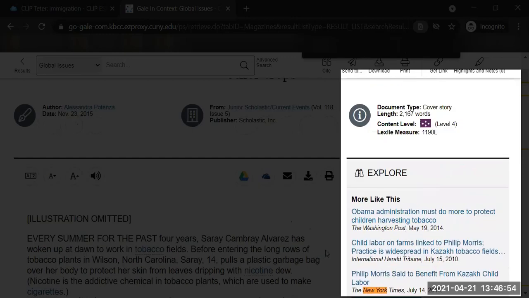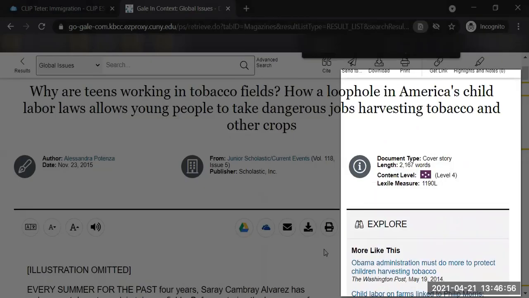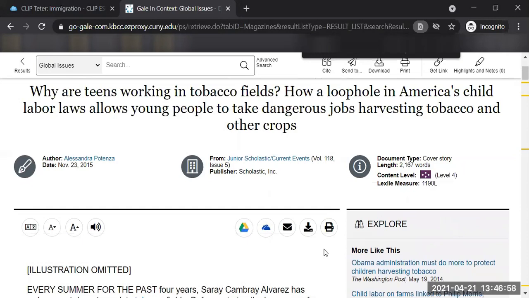I also want to bring your attention to a couple of things on this website. The first, for CLIP students, this is really friendly to CLIP students. If you click on this loudspeaker, you can open this up, and